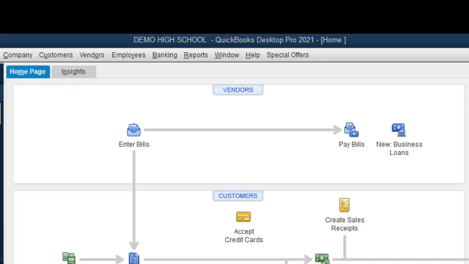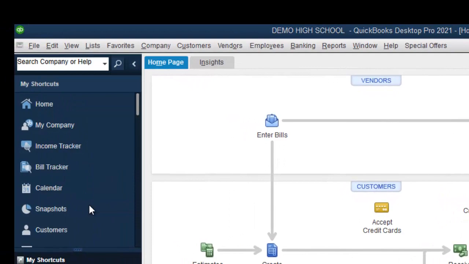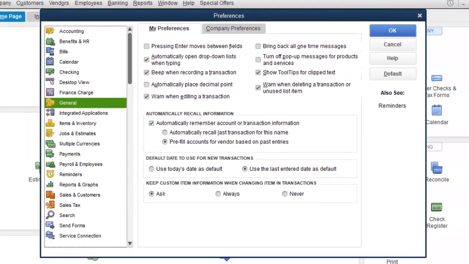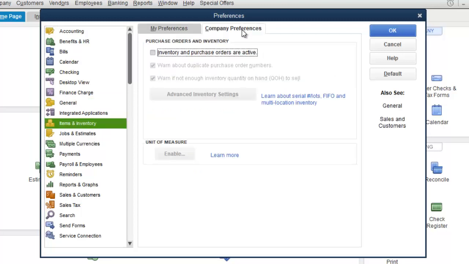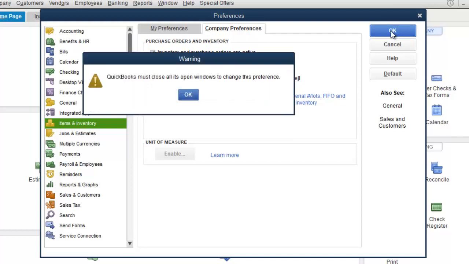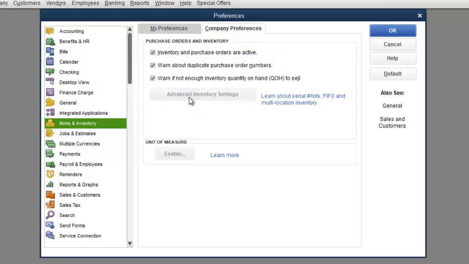So we are going to go to edit, and we are going to go to preferences, and here we are going to go to items and inventory, and we are going to basically turn on inventory and purchase orders. So to turn on inventory and purchase orders, the only thing you need to do is to check the box where you see inventory and purchase orders are active, and you're going to select OK, and QuickBooks will close all its windows,